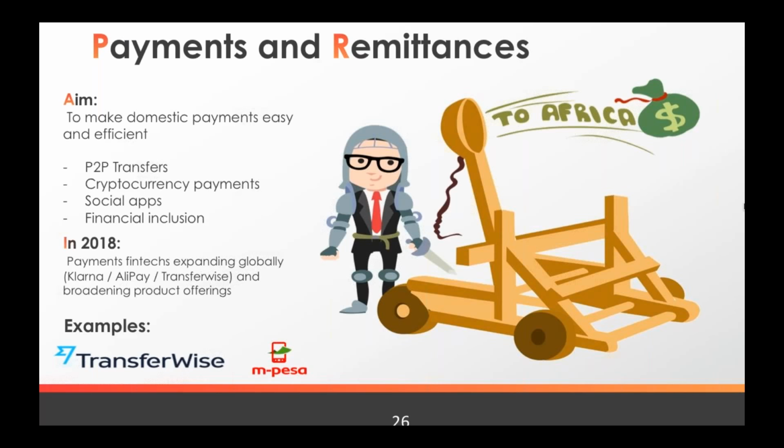Another thing that we will see in 2018 is how the biggest players in payments are expanding globally. Alipay is a company that has been very aggressive in the middle of 2017. It's a Chinese company, and their objective is to take over the world, starting through Southeast Asia, but also the US is one of their targets, and they've tried to acquire a very big player. However, they haven't been able to yet because of concerns around Alipay getting too big. So payments and remittances is quite a fascinating story.